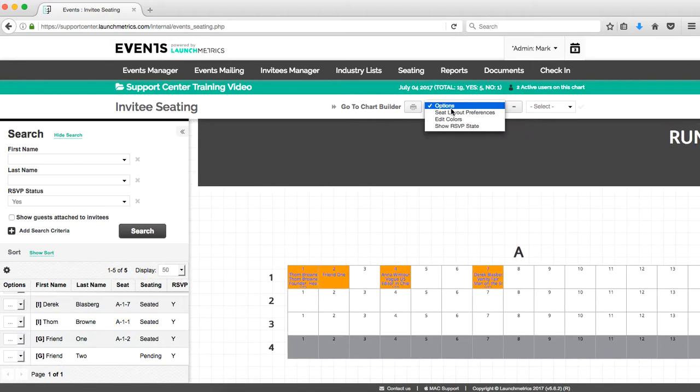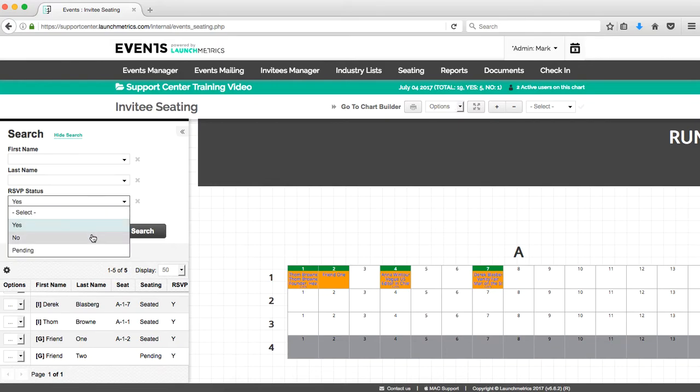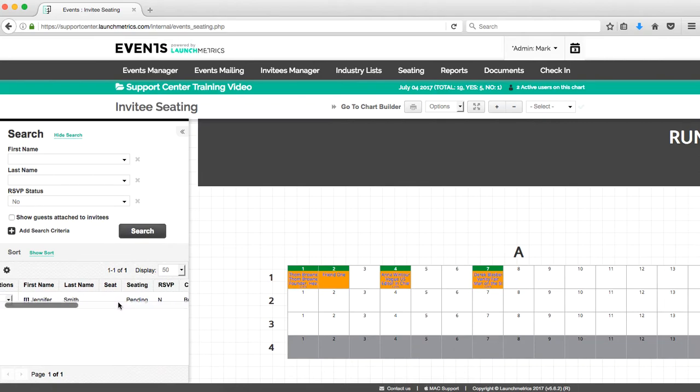Now, one of the options here that says show RSVP state, this is very important. If I show my RSVP state, now you're going to see a nice green line on top of all my names of my invitees. That means that these are yes, RSVP yes invitees. Now, if I search for no, and I just search a no, for example,